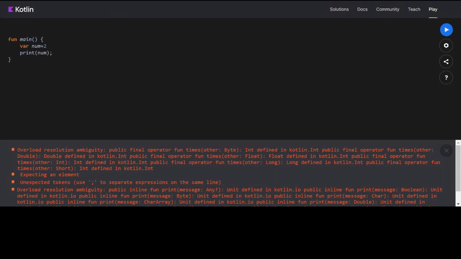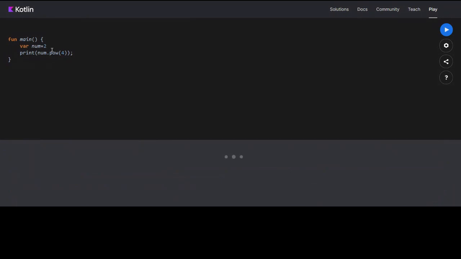Let's try this thing. num, print, number pow. This is also not working. 2.0.